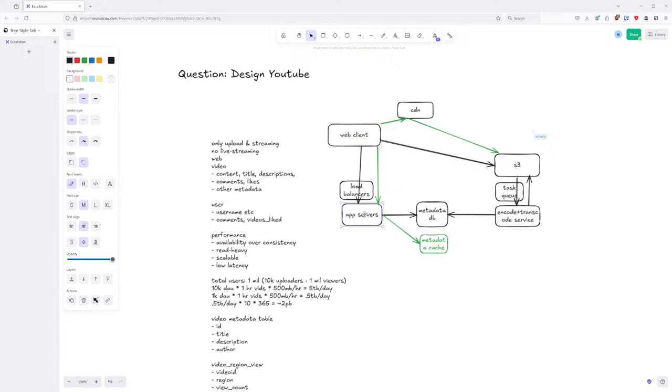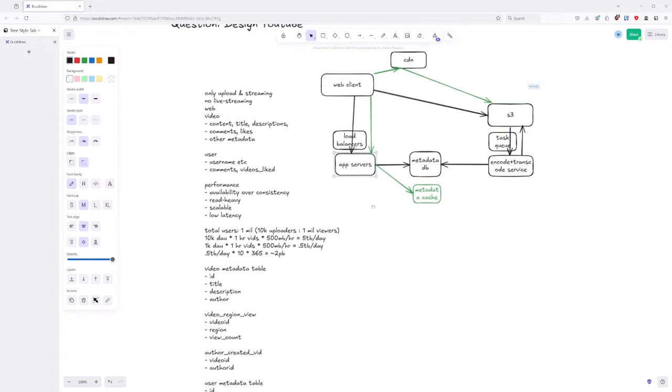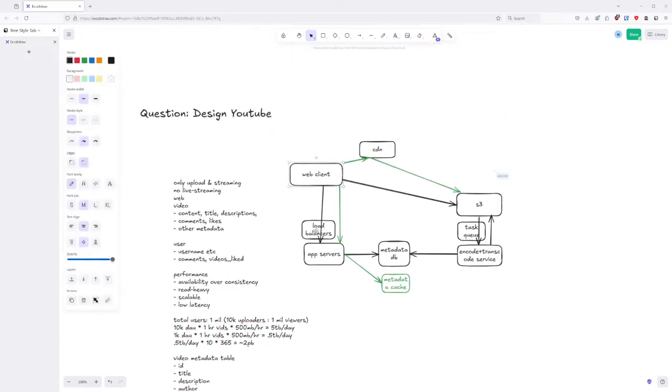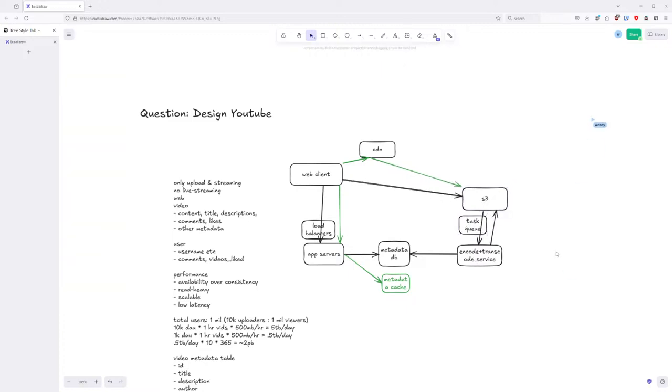The metadata goes into the app server, which is the API server in this context. So we have two APIs: post video and get video. This black arrow right here is a post video request, where metadata is being written. That's essentially the only thing in the API. And these two black arrows, which I just went over briefly, encode and transcode the video.